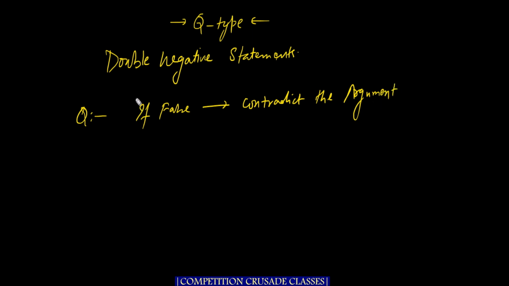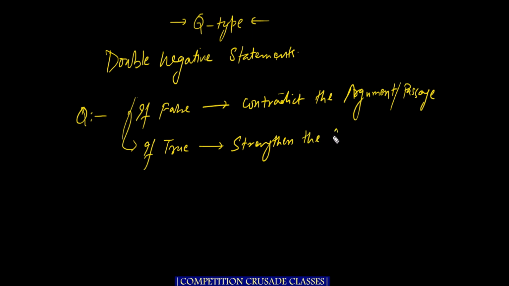Now, typically, this is regarded as a difficult question type. However, I don't think that. I think this is just a bit of mental reasoning that you need to do in order to answer this question type. So the first thing that any student should do is convert this into, if true. If a statement is false that contradicts the argument, is as good as saying if the statement were true, it shall strengthen